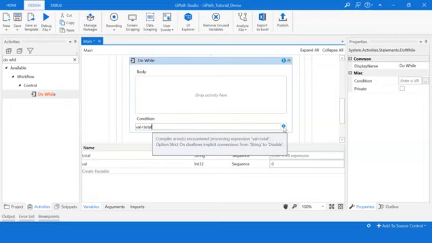So to do that, I'll use an activity called Assign. So I'll check for Assign and I'll drag it onto the body. So here I'll give val equals to val plus 1. This will make sure the value of val increases by 1 every time there is a new record inserted. It will continue until the value of val no longer matches the total.